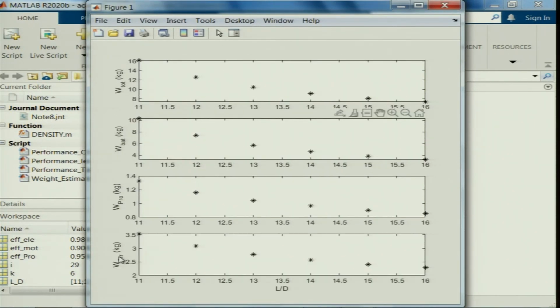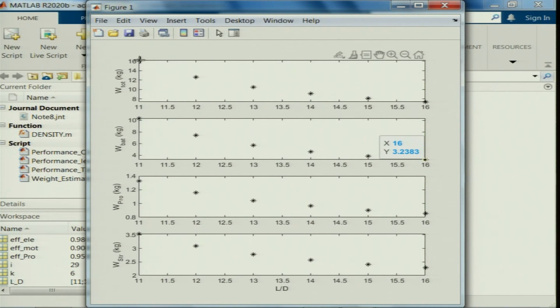So, see the structural weight in kg has to be 13 when L by D is 11, and then it can be as low as 2.3 when you have L by D of 16 here. So, yeah, see the propulsion weight is almost close to 850 grams. You have, with that propulsion, and the battery weight is close to say 3.2 kg when you have L by D 16, right. For the same flight conditions, when L by D is varying, overall weight turns out to be 7.3 kg, right.